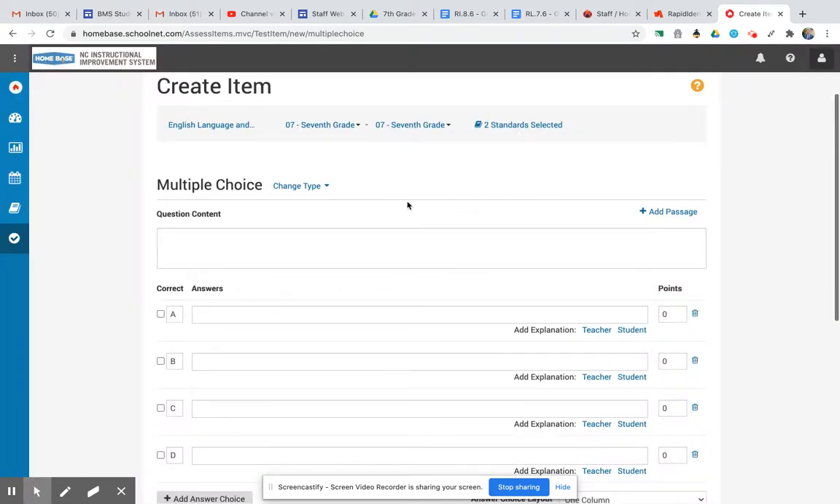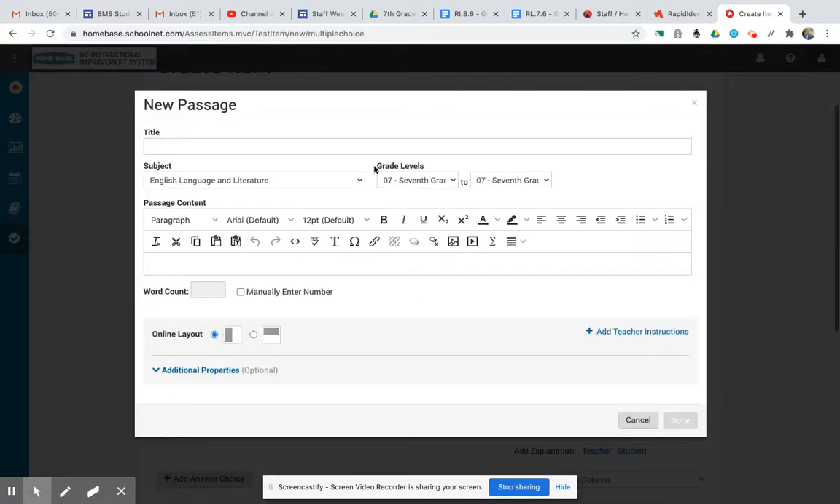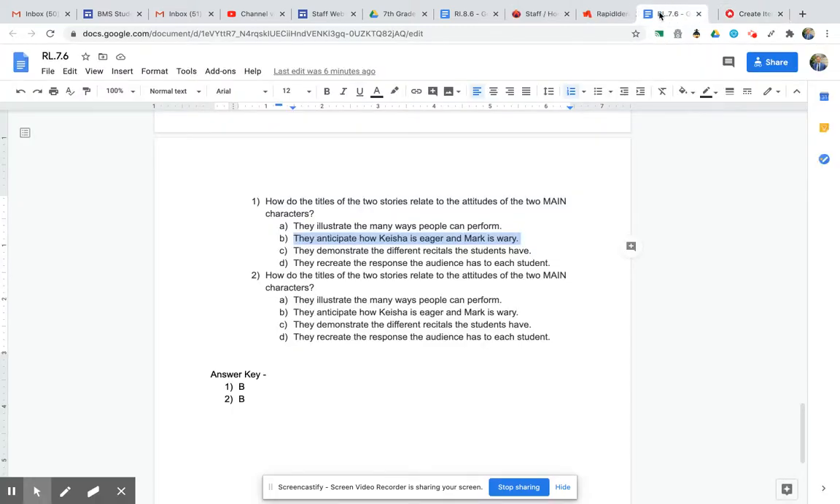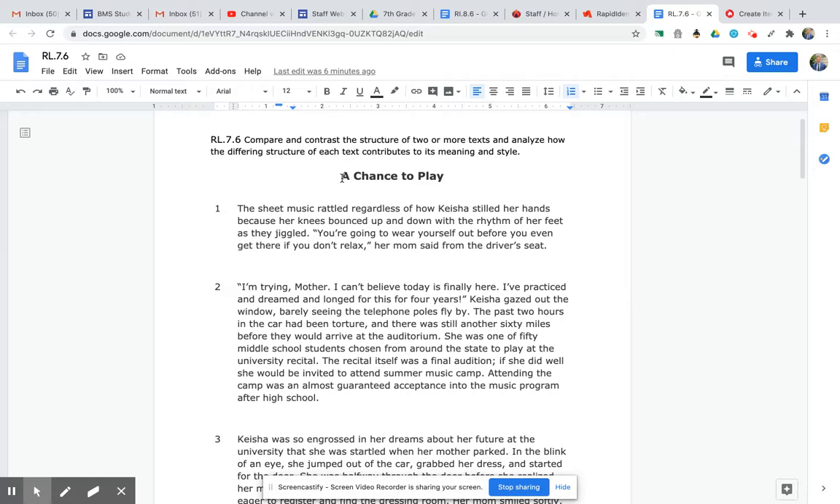So now that my standards are in there, I'm going to start actually forming the question. First I'm going to hit Add Passage, and then New Passage. And this is where it's a lot of copying and pasting. I can show you some other tools in a future video, but this is where it's a lot of copy and pasting. So I'm going to pull up the very first RL7, A Chance to Play, and hit Command C,